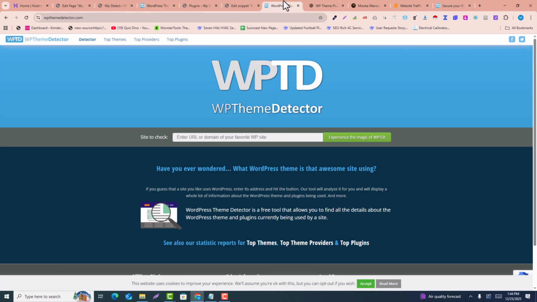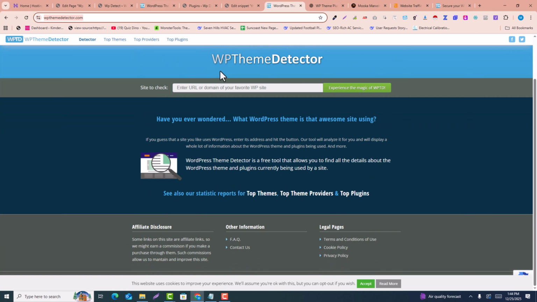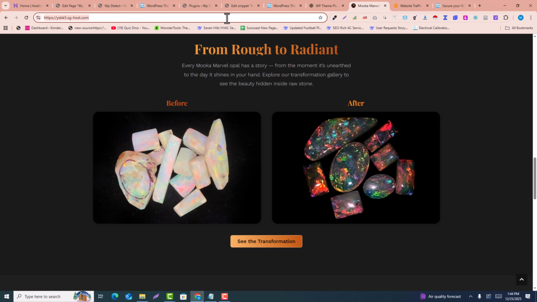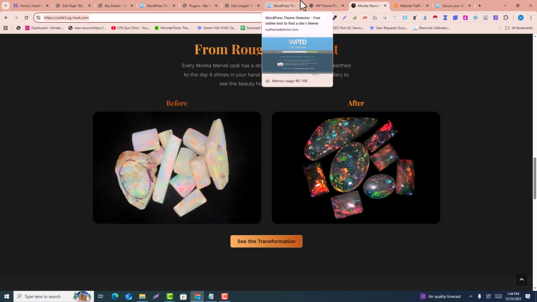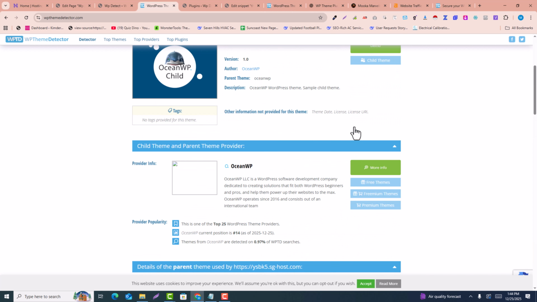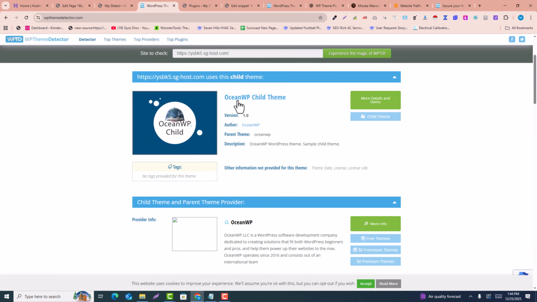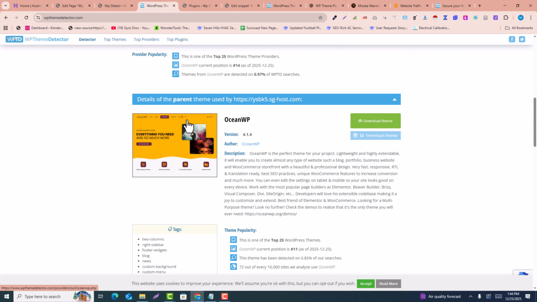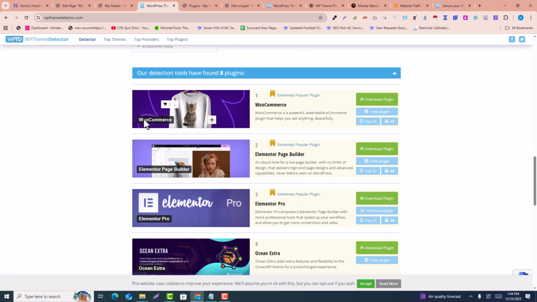As every WordPress web developer knows, the WP Theme Detector website lets us detect any WordPress website's themes or plugins. For example, if I copy this sample website and detect it in WP Theme Detector, you can see it has listed all the themes. This is the active theme used in this website, and these are the plugins that are listed here